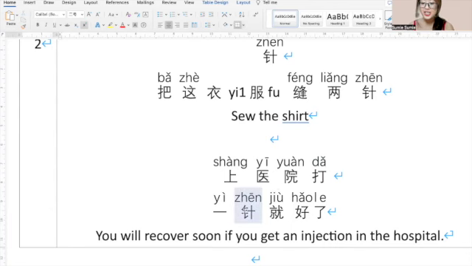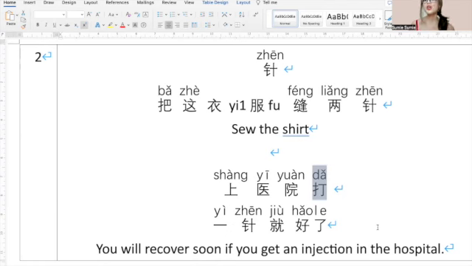So it is the measure word of 打, a measure word of a verb. 打. So you will recover soon if you get an injection in the hospital. 你会很快就好了，上医院打一针就好了。